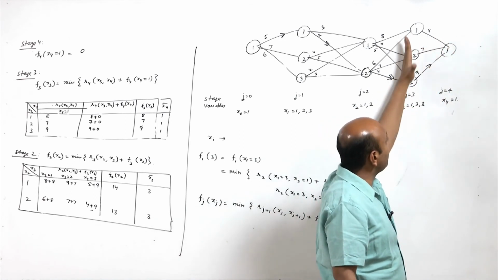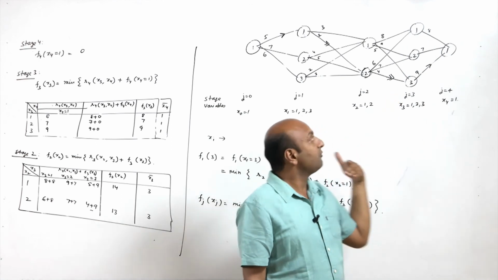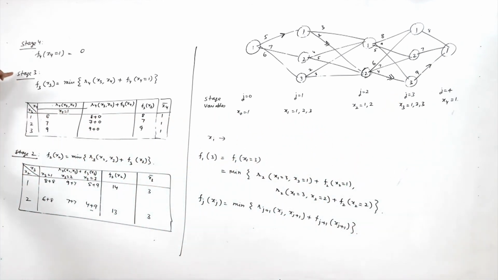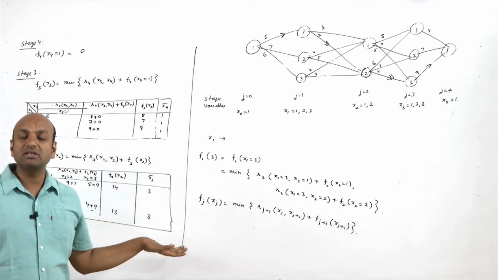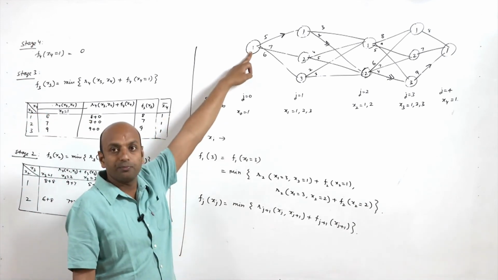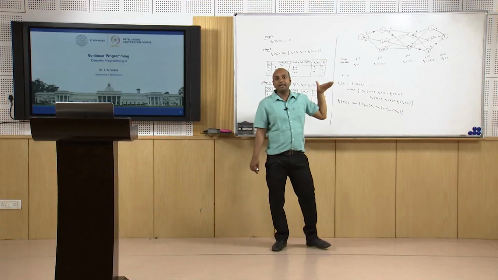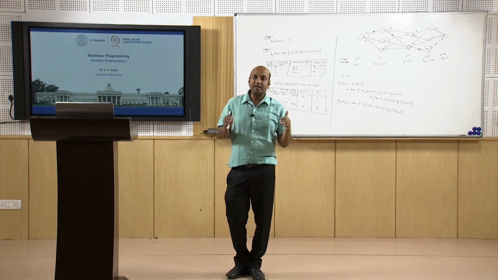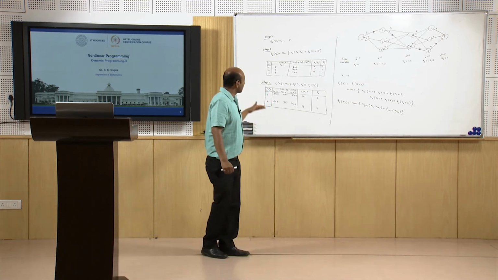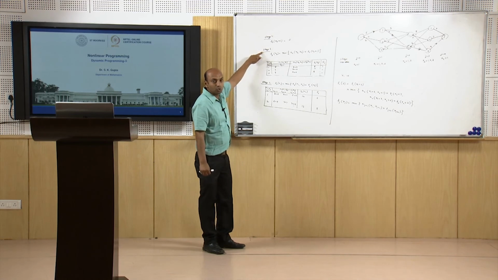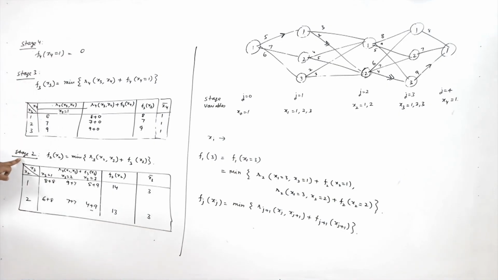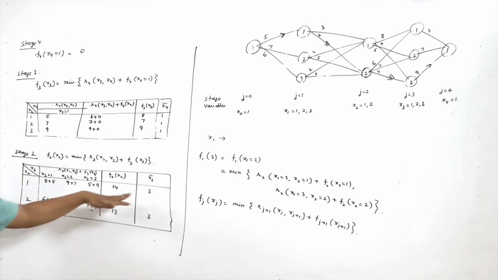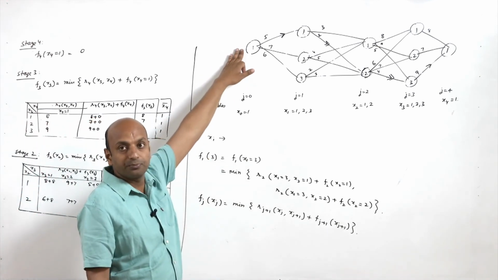We have divided the problem into stages, and whatever solution we are getting from stage 3, we are using in the next stage, and then whatever we are obtaining from here, we are using in the next stage, and the same process we repeat till we get stage 0. So this is basically the dynamic programming approach. We divide a larger problem into sub problems or stages, we define stage variables, and whatever solution we obtain in the previous stage, we use in the next stage till we get the last stage.